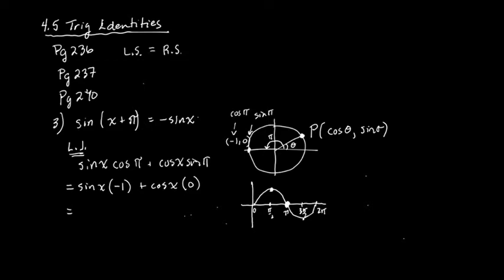So the first term would turn into negative sine x, and the second term would turn into 0 because anything times 0 is 0, and therefore I get negative sine x in return, which in fact is equal to the right side. So with this strategy of solving left side equals right side, you notice at the end I didn't have to do anything with the right side, so I just made the left side look like the right side. The steps that I've carried out,